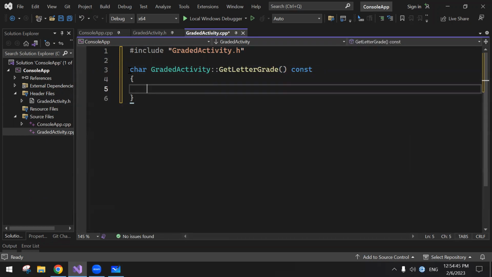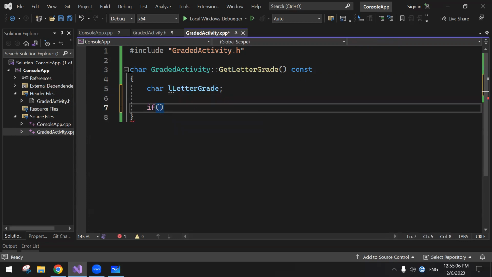And this one I'm gonna provide now the definition for this method. I would like to prepare a character, a letter grade. This would be the one that I'm gonna return, and then if M score is greater than 89,